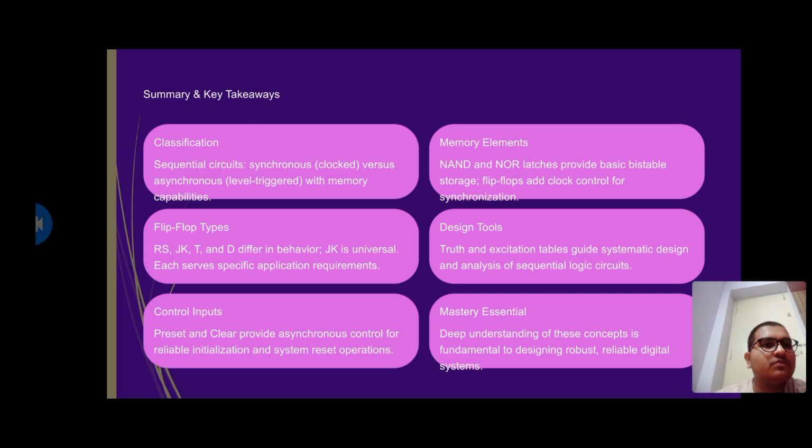Design tools: truth tables and excitation tables guide systematic design and analysis of sequential circuits. Control inputs, we have next talked about control inputs. Preset and clear provide realizable initializations. Next, mastering a deep understanding of these concepts is essential